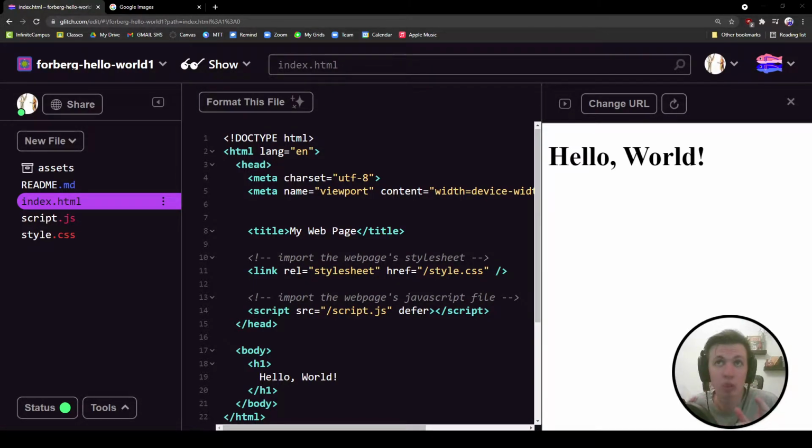This is going to be a quick video that goes over how to download an image, upload it to Glitch, and then make some size adjustments to that image inside of Glitch. So, let's get started. The first thing that we're going to need to do is to find some images that